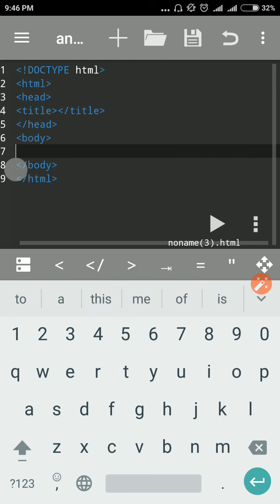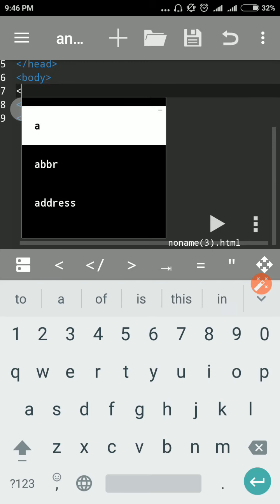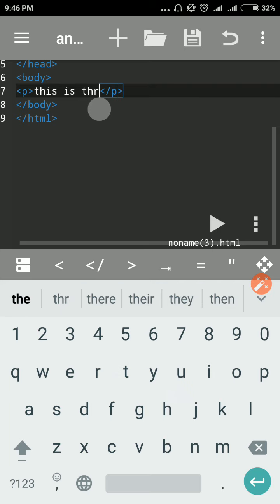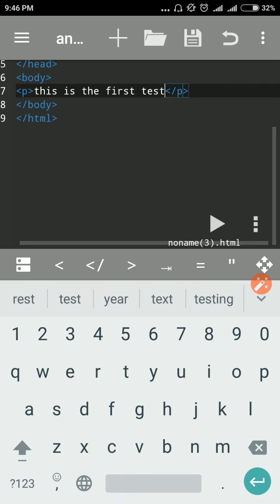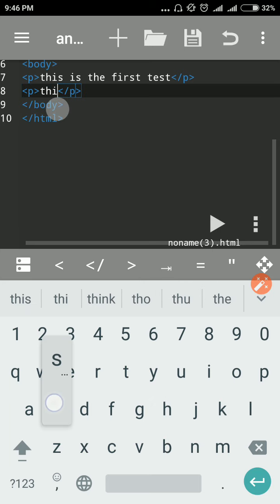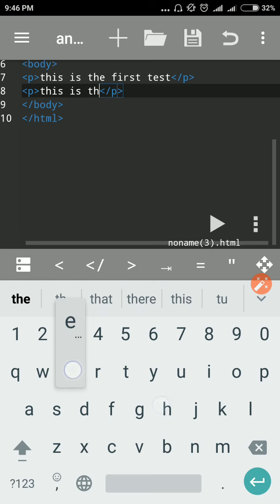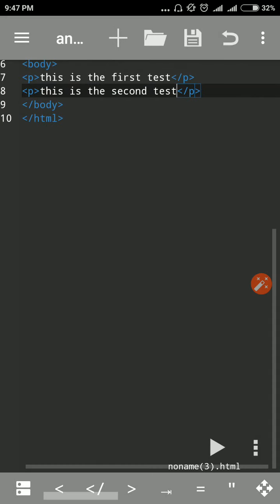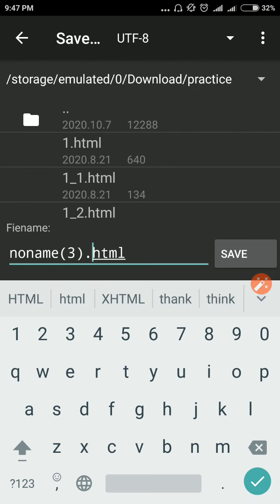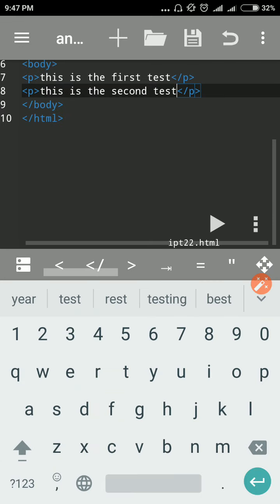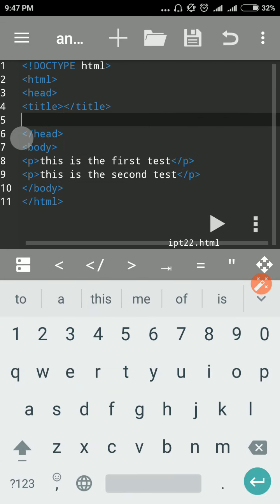I take a paragraph here with the text 'this is the first test', and another paragraph P with the text 'this is the second test'. Then we save this, in download and practice, as IPT 22. And then we can write the CSS.